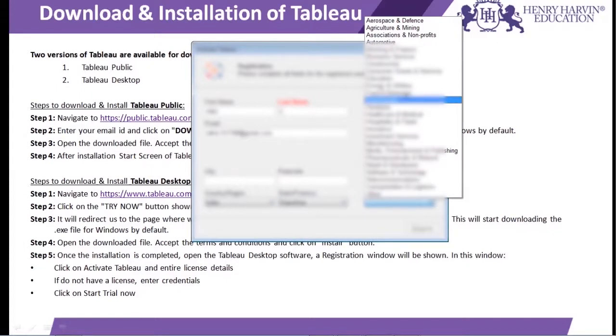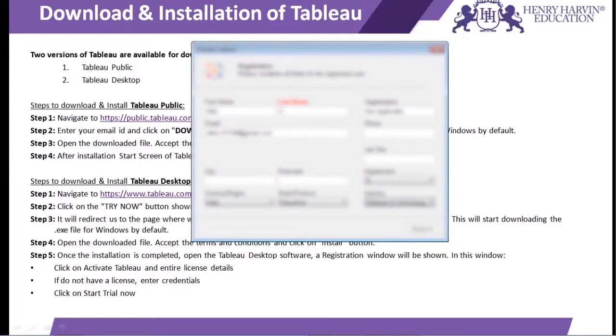So it takes basic details of your work and what all you plan to do with the software, so that they can understand what kind of professionals are using this software. So I think I have covered almost all the fields. I can add a random number on this, I guess. Okay, so it has enabled this registration key for me.